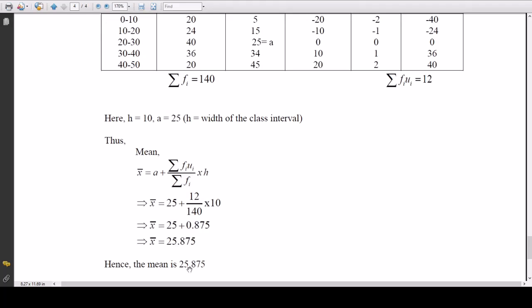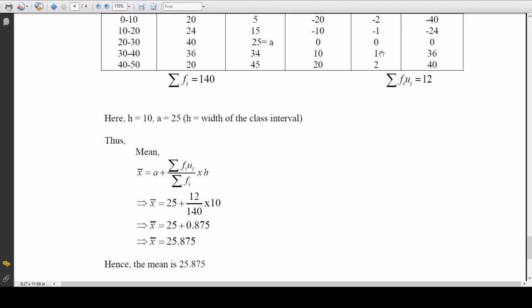Hence the mean is 25.875. And here we can conclude that in all three methods, whether we find the average mark by the first method, second method, or the third method, you will get the same result or the same mean, which is 25.875. What is the difference in all these three methods? The difference is that